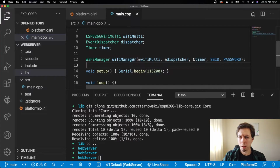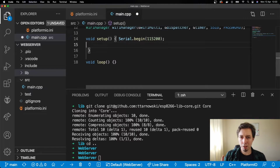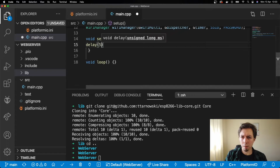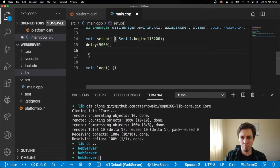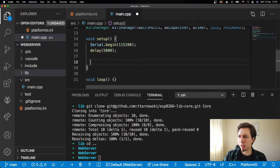Okay, and now after Serial begin, there's actually gonna be one delay, and that delay is only for the IDE to be able to catch up with the board, with the serial communication on the board. Otherwise, we would have to restart it every time I deploy something. Okay, and after that delay,